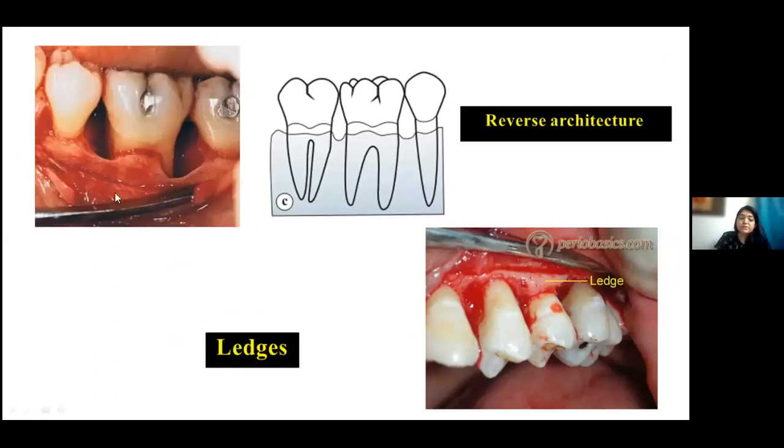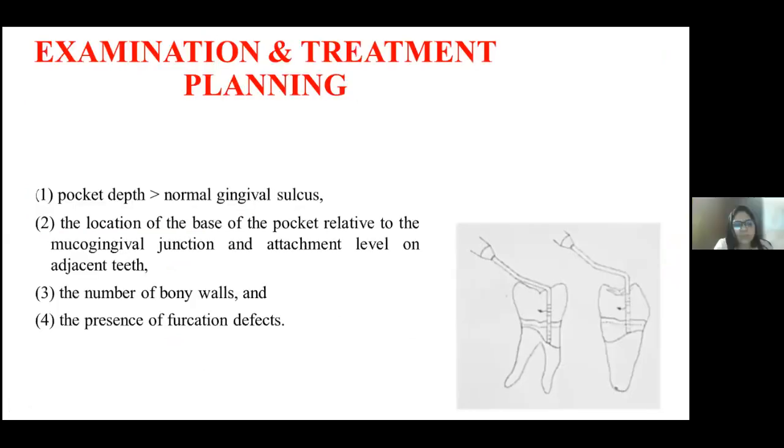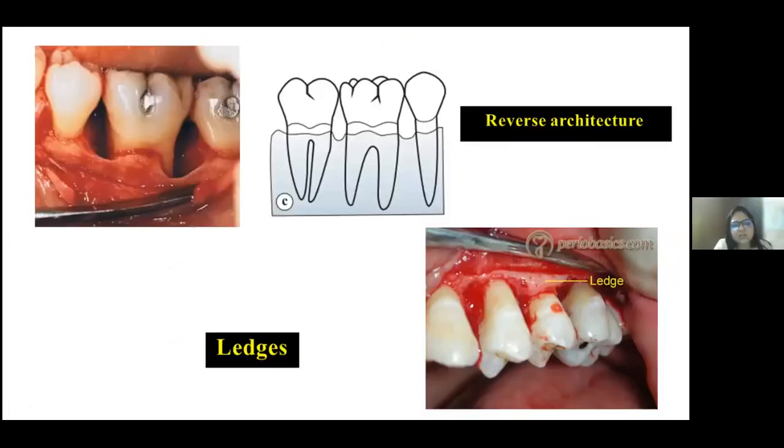So you can see how clearly we see a reverse architecture here, right? Then these are some ledges. How are ledges formed most commonly? Ma'am, this is a trench? First picture, ma'am? This might be a trench. We have to see beneath it. If it is only till here, as shown, then this is not a trench. This is a crater.